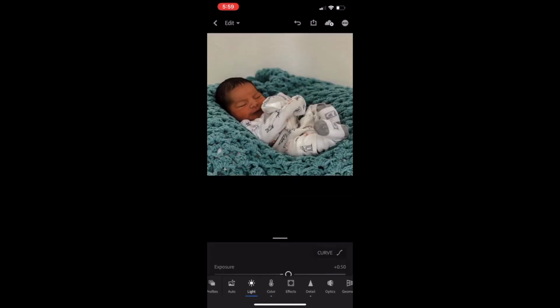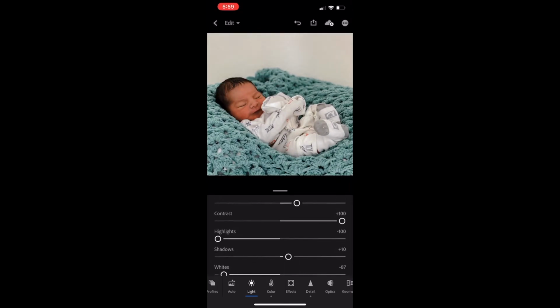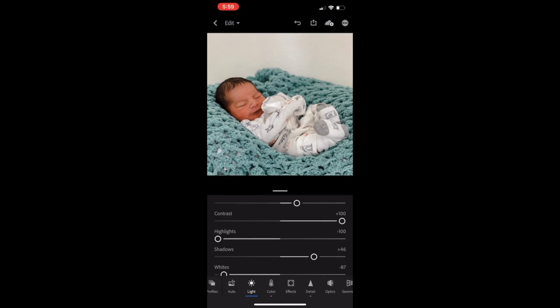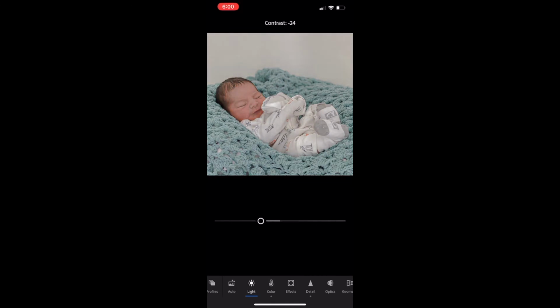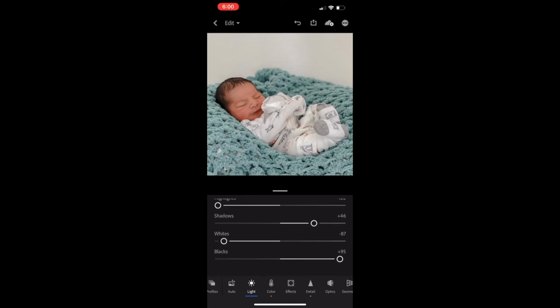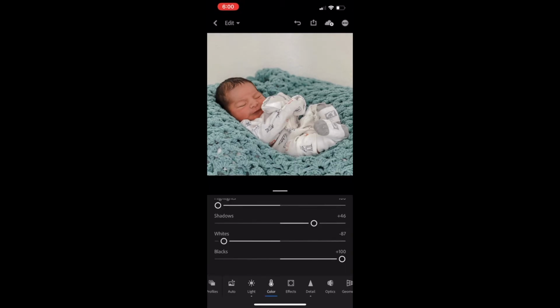So first, we head over to light, and you're going to mess with the exposure and get the brightness of the photo where you want it to be. So you're going to mess with exposure and shadows, kind of back and forth until you get just the perfect balance between the two. You want the shadows to be bright enough that you don't have super dark, harsh shadows, but you don't want them to be so bright that you don't have contrast in the photo, because of course you need to have contrast in a photo for it to look good. So just kind of play with those sliders back and forth until it looks exactly the way that you want it. You can add a little black to the photo to punch it up if it's a little washed out,